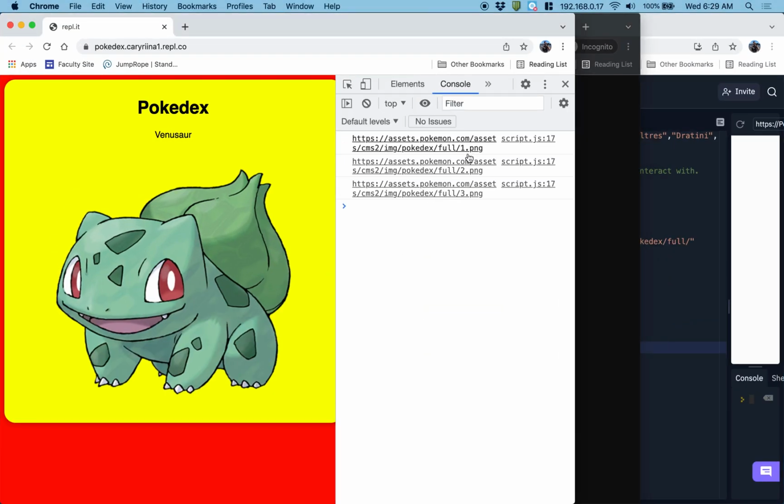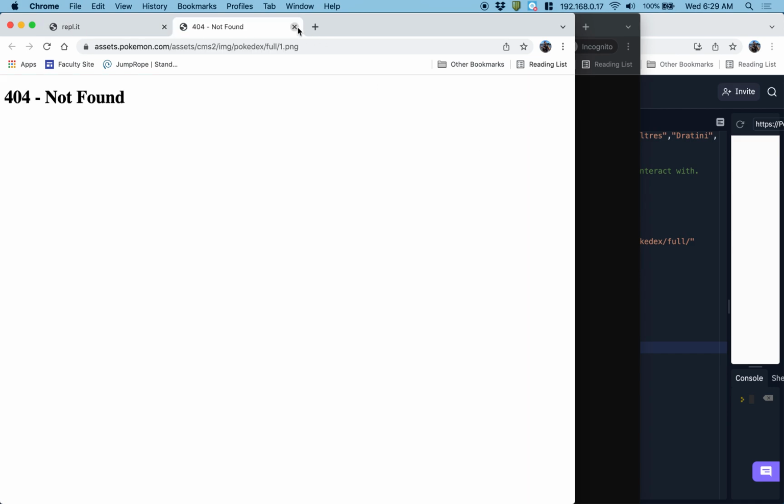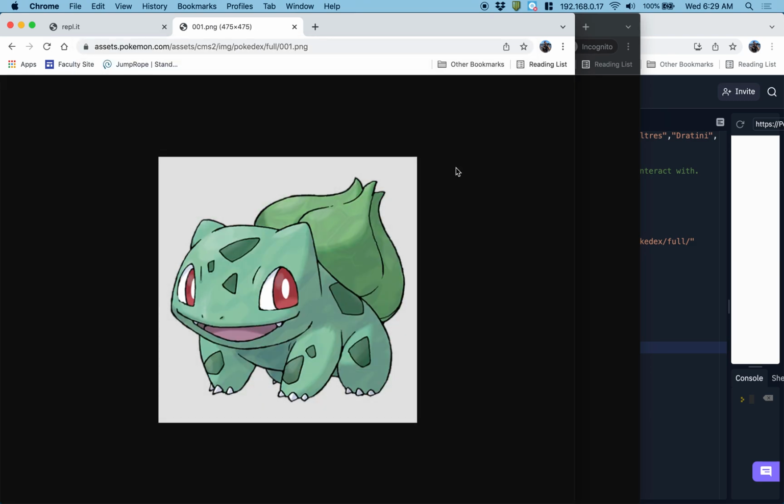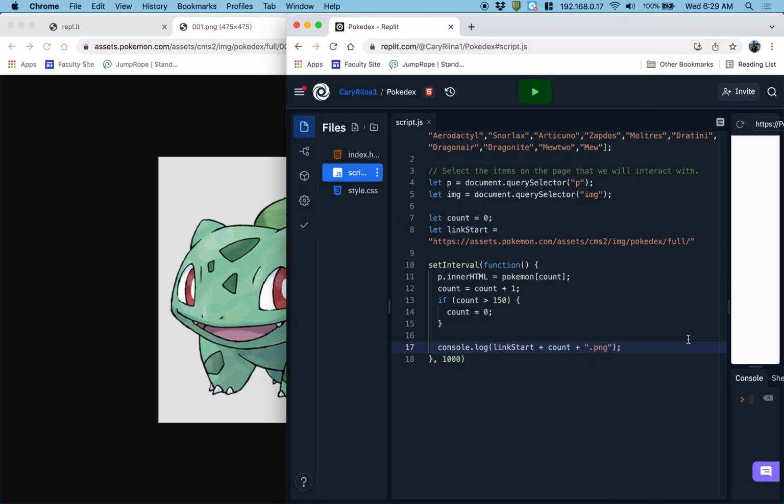So here we go. We've got 1, 2, 3. If we click this link, I don't think that's going to work. And the reason why is our link has to have not 1, but 0, 0, 1. Like that. And I'm also noticing a problem here too, which is I should be doing this before the count goes up. So let me